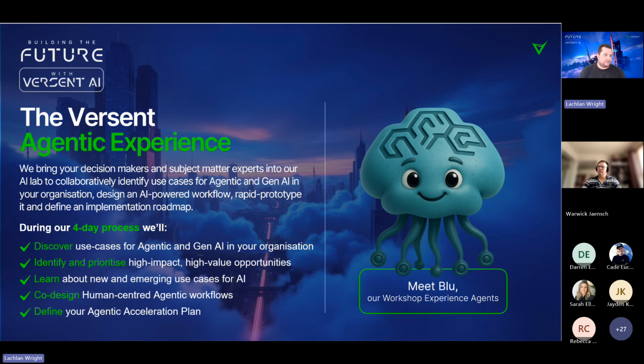The last thing I just wanted to quickly leave you with was the Version Agentic experience. It's a new offering we're bringing to market, really, really exciting. It's only 4 days long, really quick. We get together in person, bring some of your decision makers, subject matter experts, and some of our experts to work out what are some killer use cases for Agentic AI in your org. We talk about some of the things that we think could help. You bring some of your own. We talk about where you are from a readiness perspective. We actually build out a rapid prototype of something that we think would work really well. So we go through what they could be, identify and prioritize, pick something that's high impact, high value, and at the end of those 4 days, you walk away with a proof of concept, as well as a bunch of knowledge and a plan to go and get this stuff done.